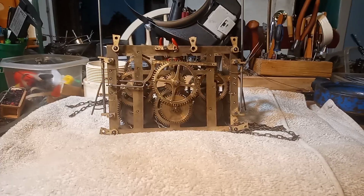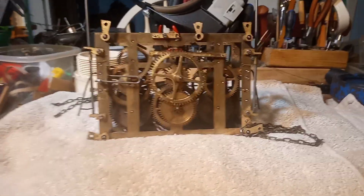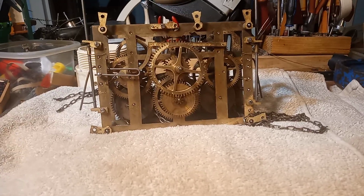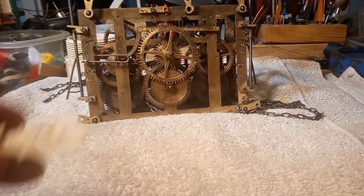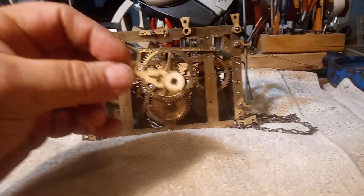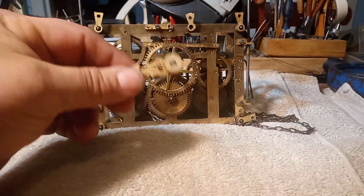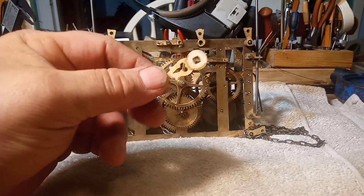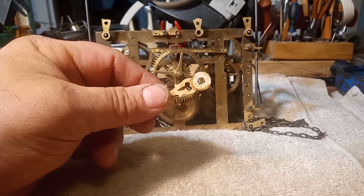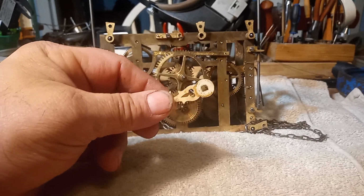I do not recommend the next step on an antique clock. Your antique clocks typically have bone hands. This is just a hand I got together. And so you want them to be as original as possible. But if you have a newer clock,